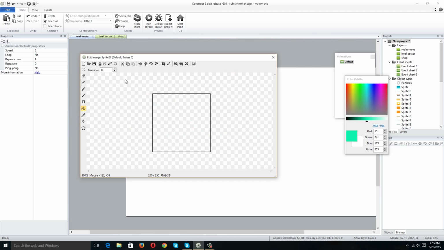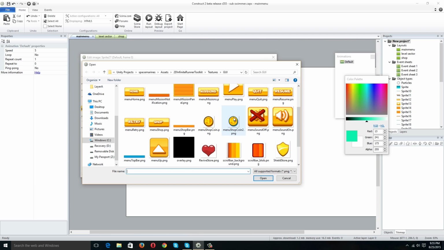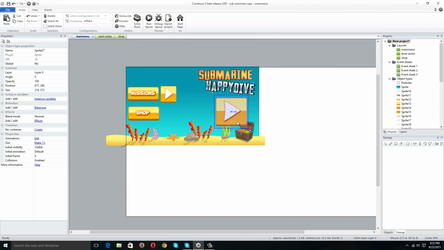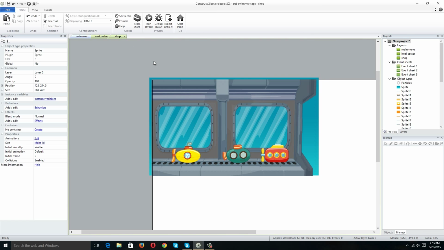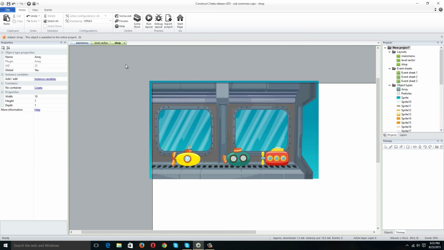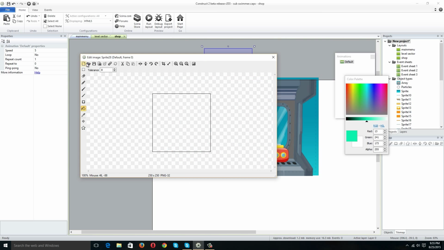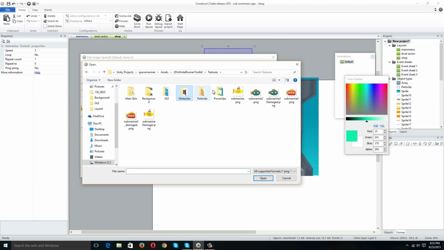Insert a new sprite. Menu play, retry, menu play, there we go. Let's use that one. And then there will be an in-game little micro shop to where, oops, insert, alright, okay, we'll deal with that later. Erase. We'll go to textures, and then